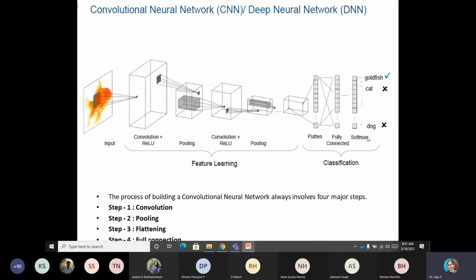Ma'am, let us say the input is 6 cross 6 cross 3, and the filter size is 3 cross 3 cross 3. So we got the output image as 4 cross 4 cross 1. Now it is not an RGB, ma'am.